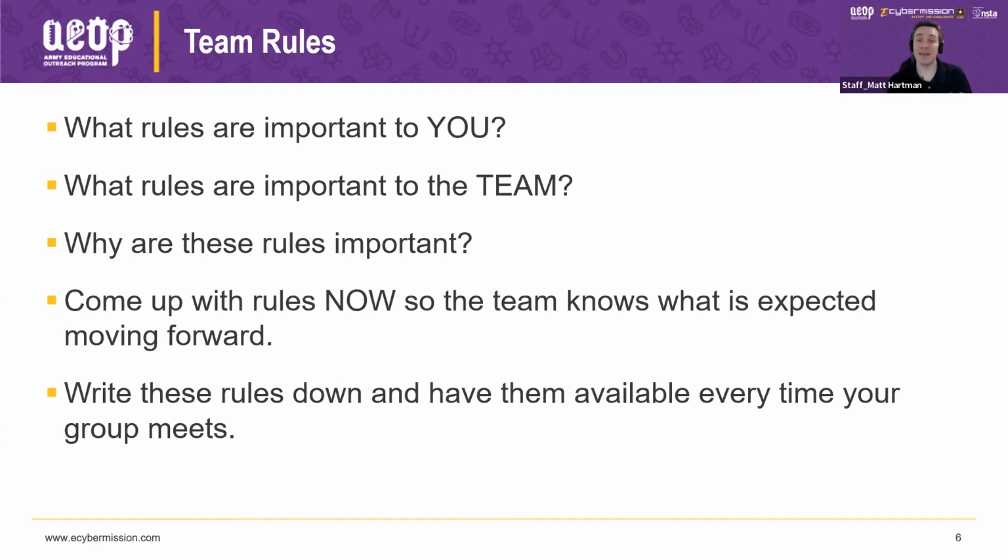So if you create your rules at the beginning, you're going to have a much easier time working together as a team. So write these rules down, have them available every time your group meets, all right? So whether it's on a piece of paper that you take with you every time you meet, or whether you put it on your computer, or you email it to everybody, or maybe you share it through a Google Drive, or whatever it might be, have that document available so that you can refer back to it. So if somebody starts doing something that is kind of against the rules, you can go back to it and say, well, hey, remember, we said that we were going to do it this way,